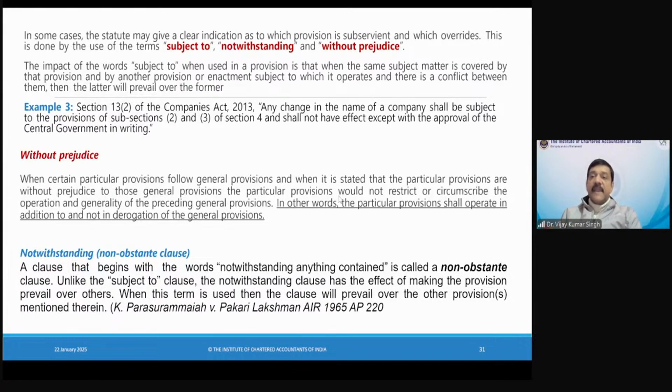Then it says plain meaning should be given effect. So that is basically literal construction. But if you see the other one, it says that the legislation has to be made workable. That is where you come with golden interpretation. You come with reasonable construction. You come with harmonious construction, mischief rule. You come from that particular angle, right? So this is how you relate the basic principle and the rules of interpretation.